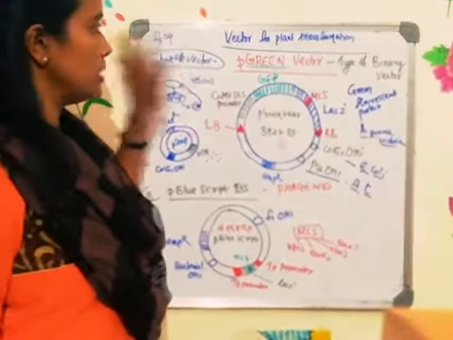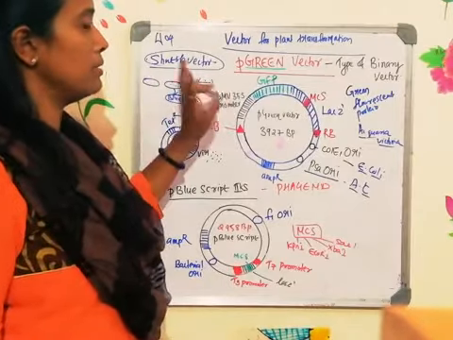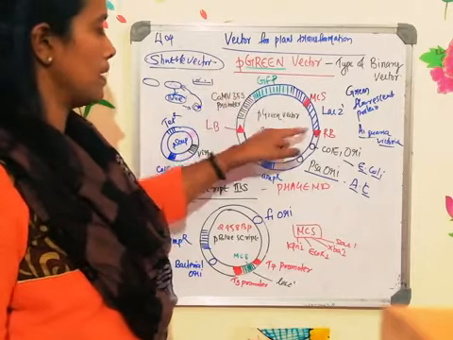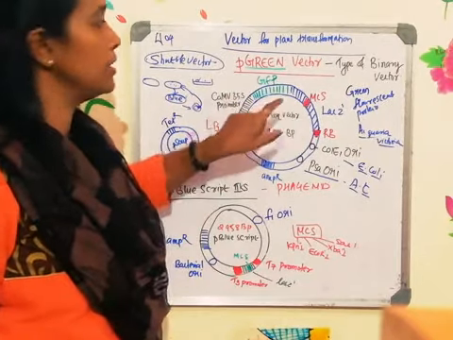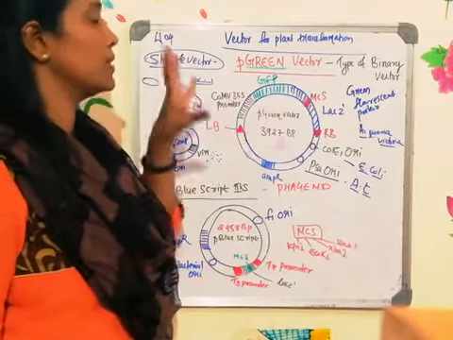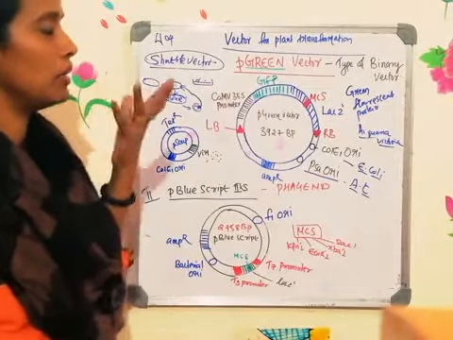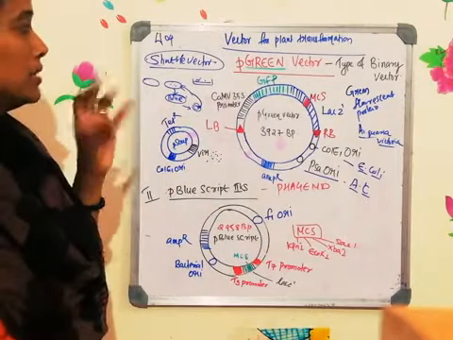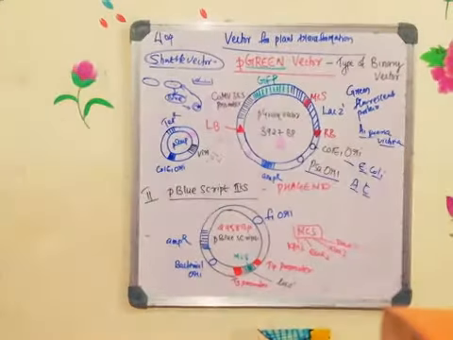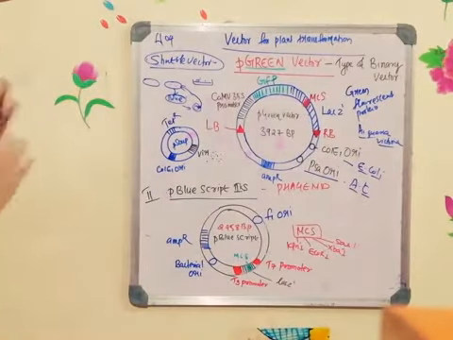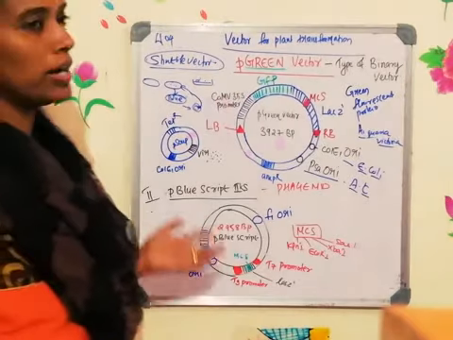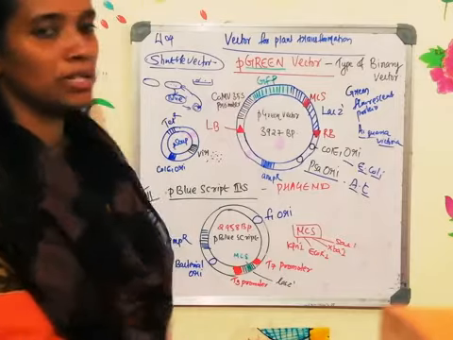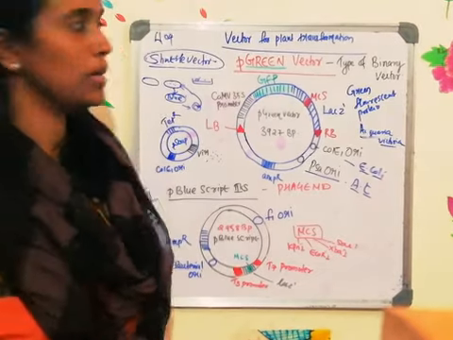Clear? So this kind of vectors are called the P green vector. Two selectable markers are there. One is the lacZ-alpha gene, another one is GFP. Thereby you can see a fluorescence. Okay, you cannot call it chromogenic. It will emit light. Thereby it is a green fluorescence emitting selectable marker, which is called a reporter gene. Why it is called a reporter gene, we will see in the coming classes. I will be discussing in detail about the selectable marker and the scorable marker or the reporter gene.